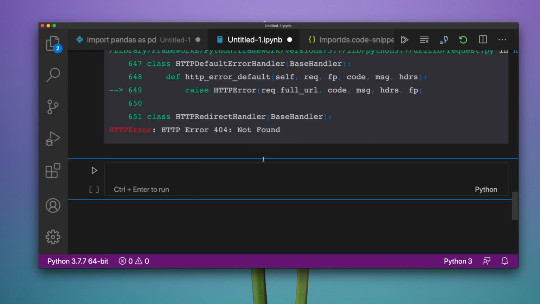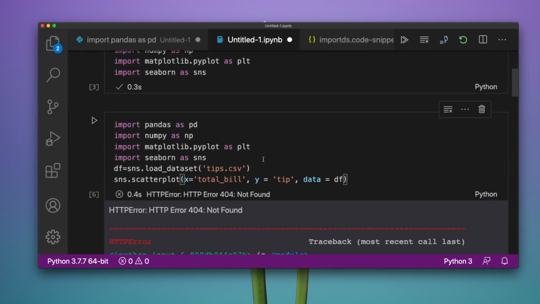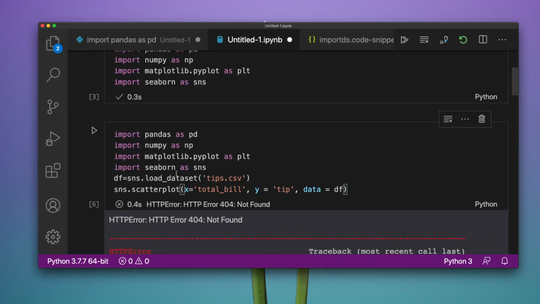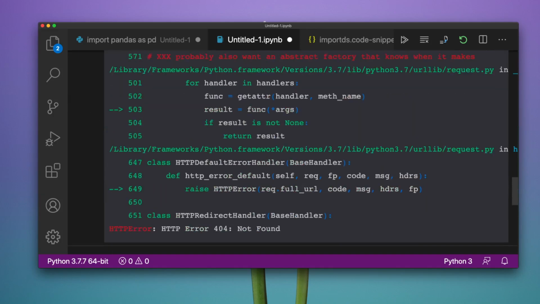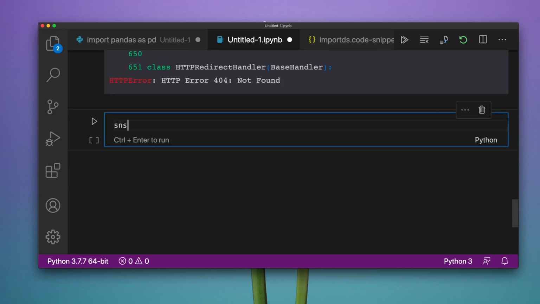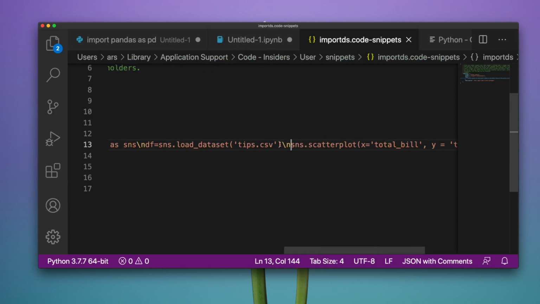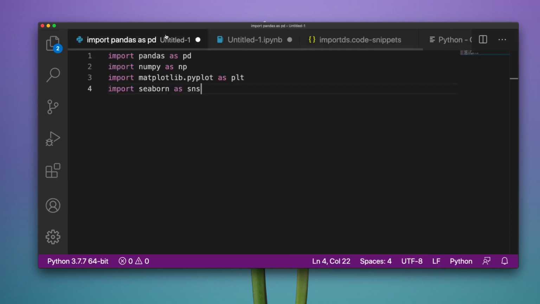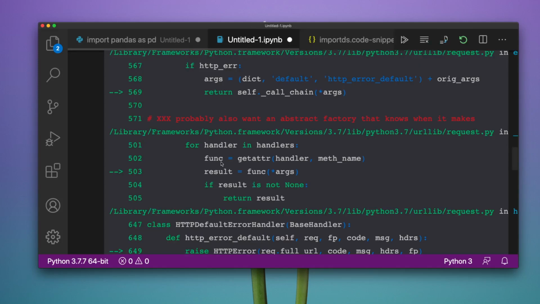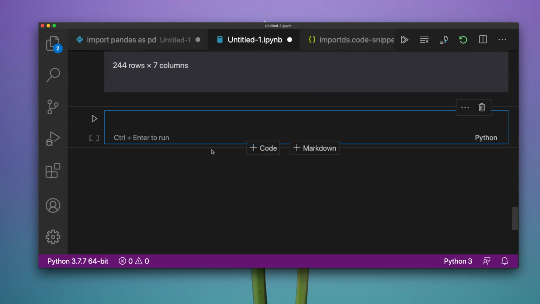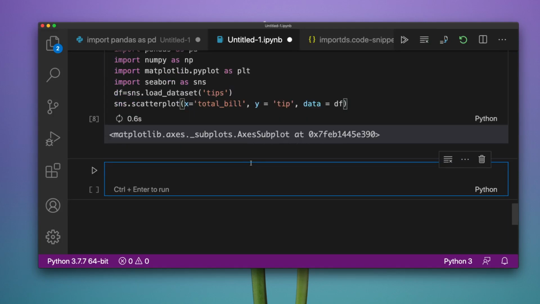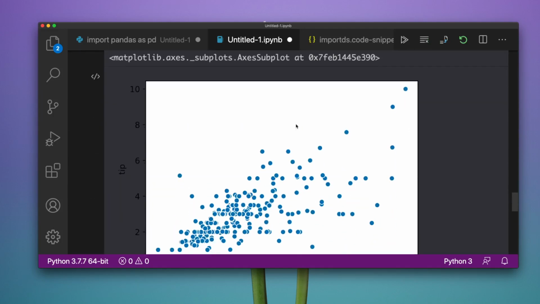Data science. So you can see that the entire scatter plot, sns, everything is available. Let me just see it one time slightly quickly. sns.load_dataset tips.csv, or should I say just tips? Yeah, that's a mistake from my side. I should have just said tips. Let's go back and then go to a new cell and then call it data science, load it, run it, and then our matplotlib or seaborn plot is ready.